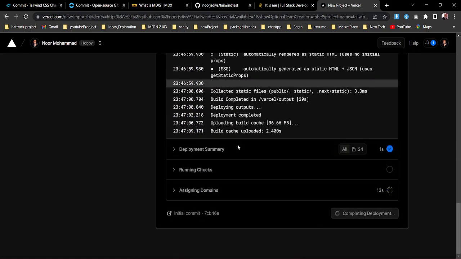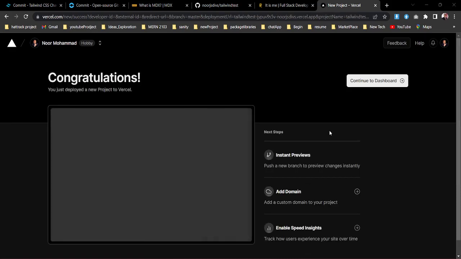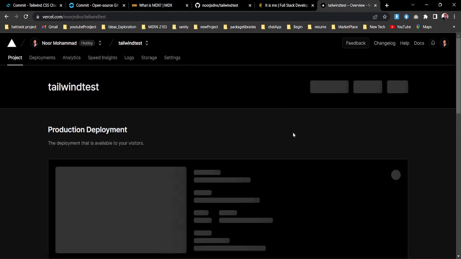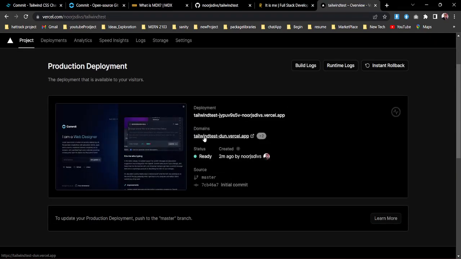But if any error comes with a red flag, you need to go to the editor and modify it. As you see, we are passing that too. We are in the last stage of the deployment, and now everything is done. We head back to our dashboard. In the dashboard we're going to get the link, as you see,